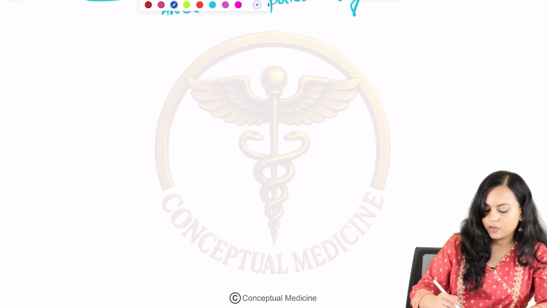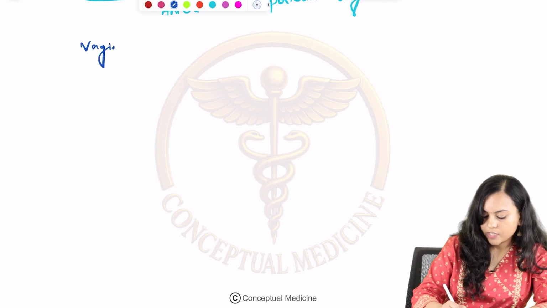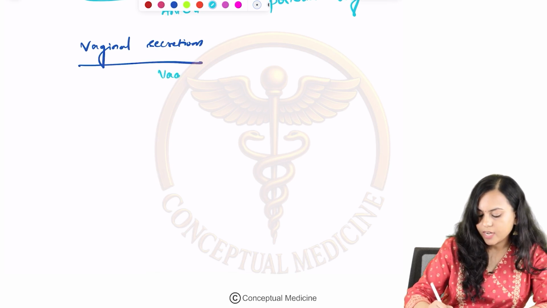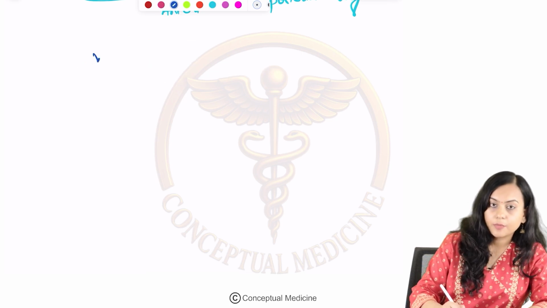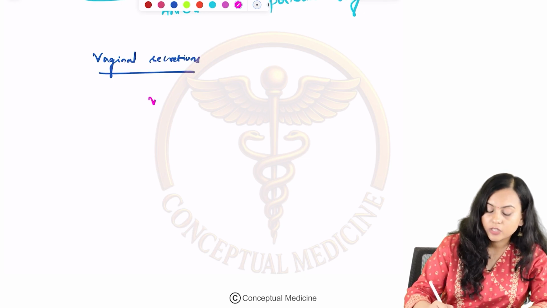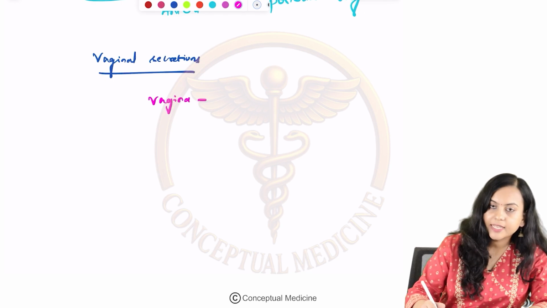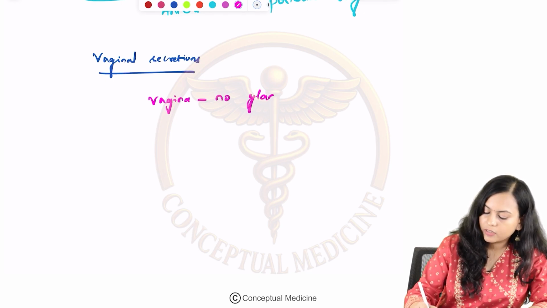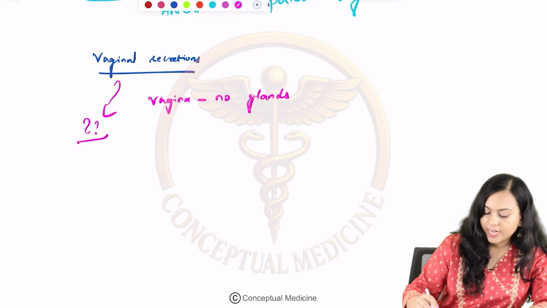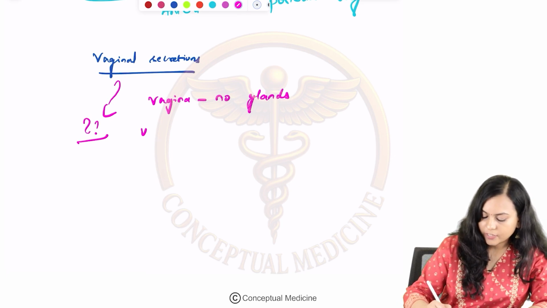Now we will see about vaginal secretions. Remember, the vagina has no glands. Now you may ask, ma'am, where do these secretions of the vagina come from? It basically comes through the vaginal walls